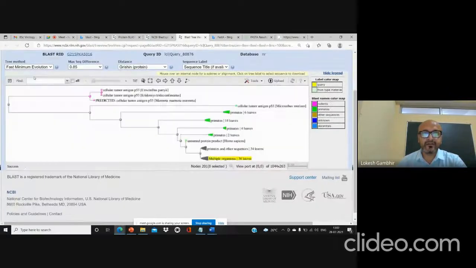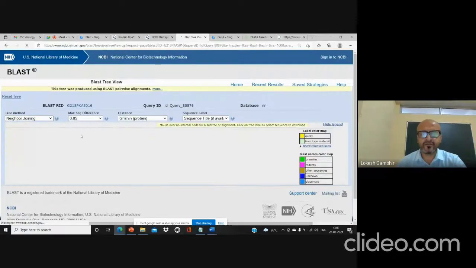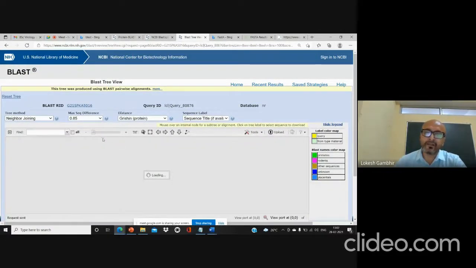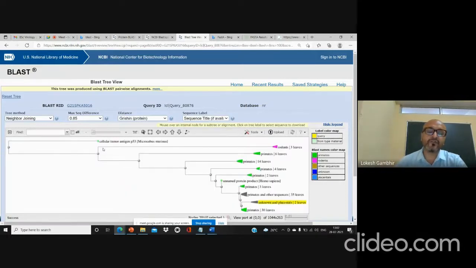The complete tree is given based on your sequence, and they will also show the methodology. Of course, we will not be teaching you to use BLAST for a phylogenetic tree, but we will be using specialized software like MEGA 6 or MrBayes that are used for phylogenetic tree estimation.